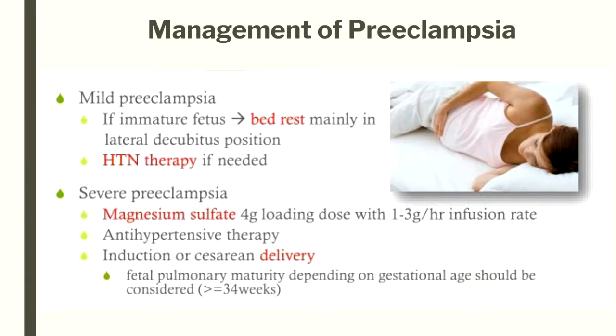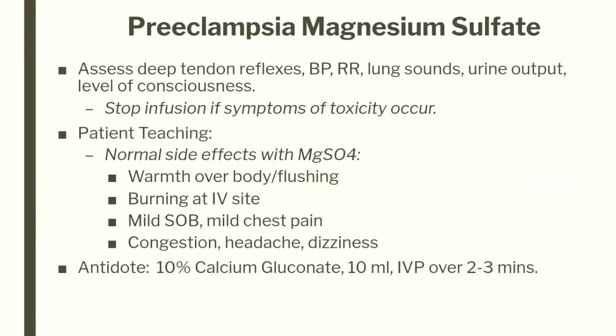Okay, but you don't want to just sit on this. So if she is on magnesium sulfate, I'm going to assess her deep tendon reflexes. Okay, because now they're going to go from +4 to +3 to maybe being +2 or +1. You don't want them to be absent. That means you're giving her too much magnesium sulfate. I'm going to assess her respiratory rate. It should be somewhere between 12 to 20, right? If too much of the muscle is being relaxed and the diaphragm is a muscle, then it's going to lead to respiratory depression. So I need to make sure this patient is still breathing 12 breaths per minute or higher.